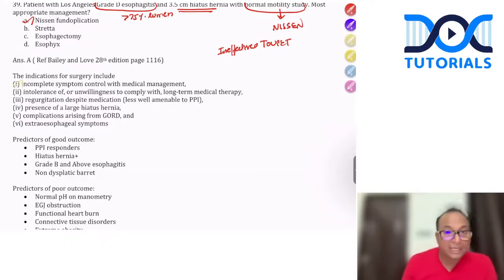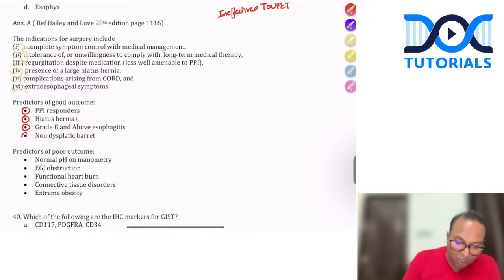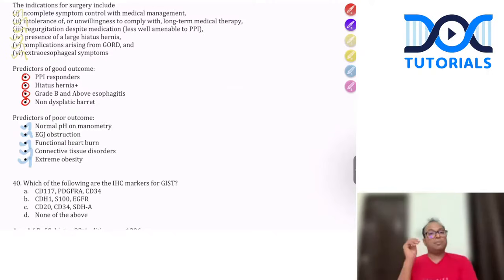Incomplete symptom control with medical management is one of the indications for surgery. Intolerance to long-term medicines. Regurgitation despite medication. Presence of a large hiatus hernia. Complications from GERD. These are the indications, along with extraesophageal symptoms. Predictors of good outcomes include PPI responders, hiatus hernia, grade B and above esophagitis, non-dysplastic Barrett's. Poor outcome will be seen with normal pH, EGJ outflow obstruction, functional heartburn, connective tissue disorder, and extreme obesity will have